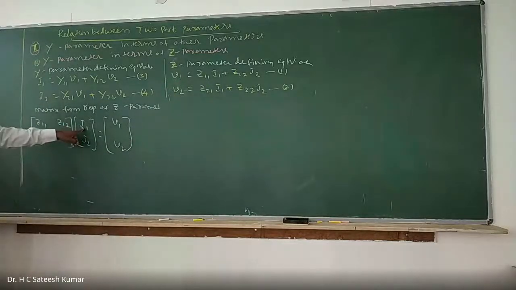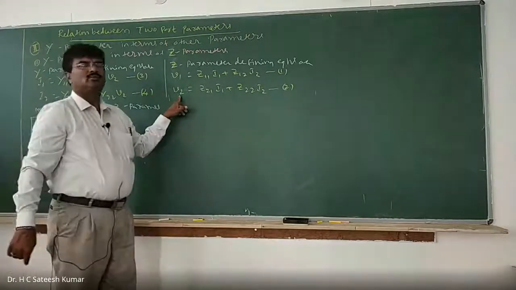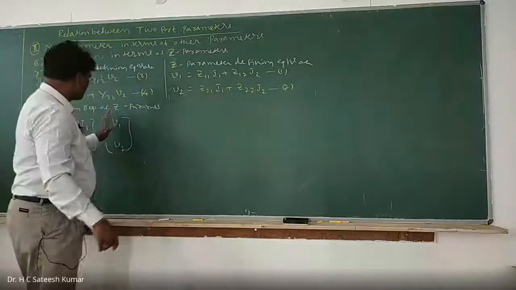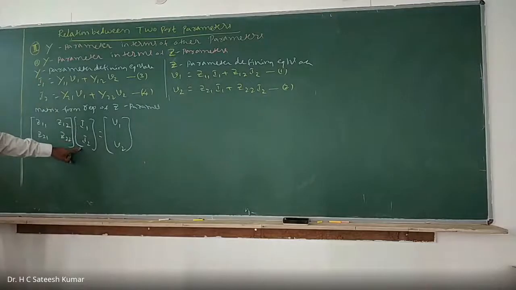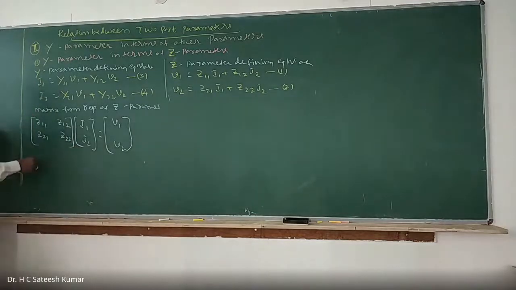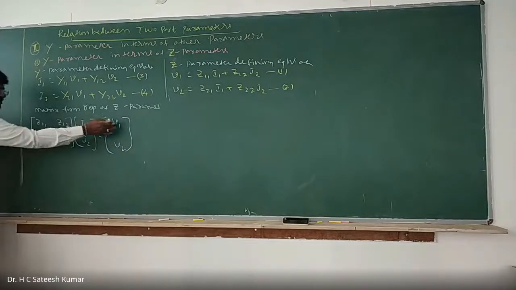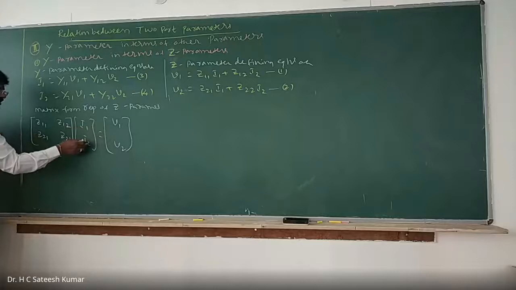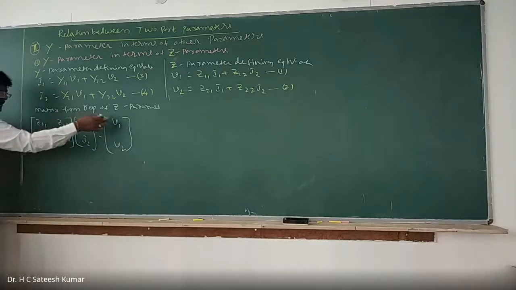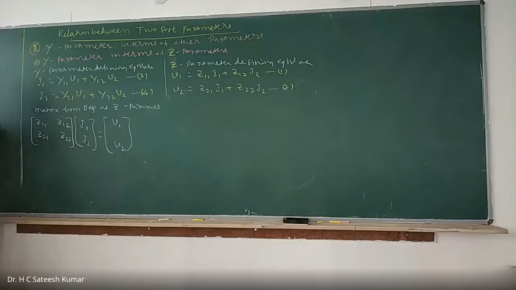Similarly, you multiply this one with this. Z21 into I1, Z22 into I2, and is equal to what? V2. So that we can easily get it, right? If that is the case, if you want to evaluate I1 and I2, you should have to go for what? If you want to evaluate I1, what you should do? Right hand side is replaced by the first column divided by the delta. Similarly, if you want to get I2, second column is replaced by the right hand side. Now, how will you do that?